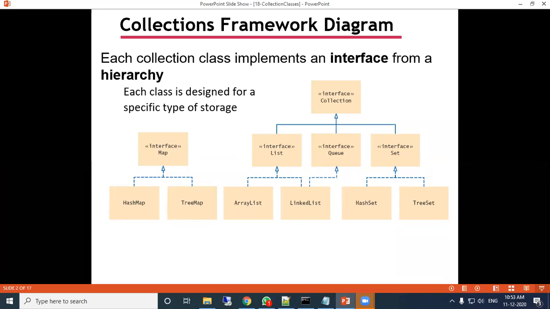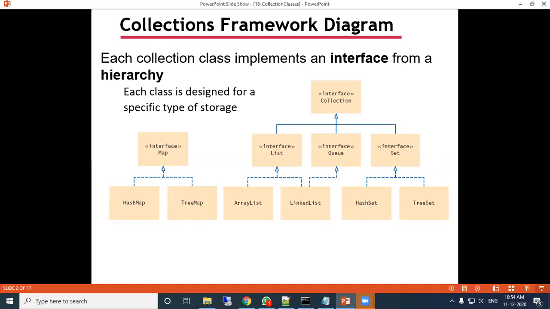these interfaces, some classes are there. ArrayList is a class which is inherited from List. LinkedList is a class which is inherited from List as well as Queue, and HashSet, TreeSet are the classes inherited from the Set interface. And another independent interface is there, that is Map. This Map is used to create map type information. So there two classes are there, HashMap and TreeMap.